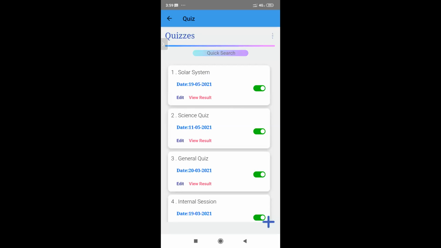Teachers, any queries? Hello, Vibha ma'am. If I set 20 minutes duration for a quiz, what if a student starts to solve the quiz after 20 minutes? Automatically it will be closed, and whatever the student has solved till then will be considered for marking.